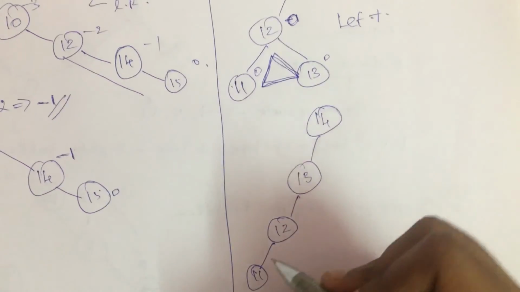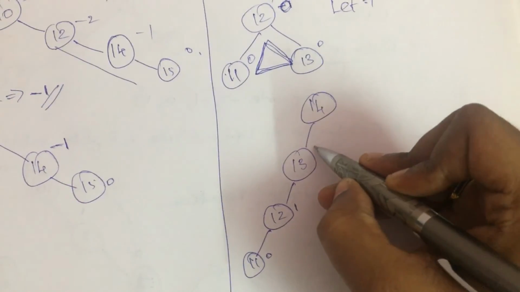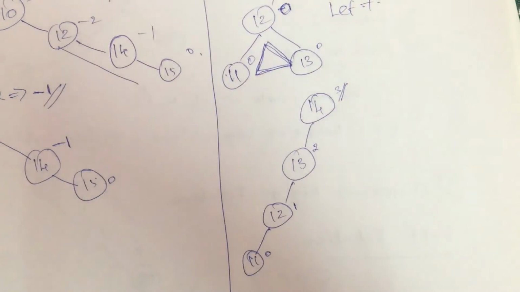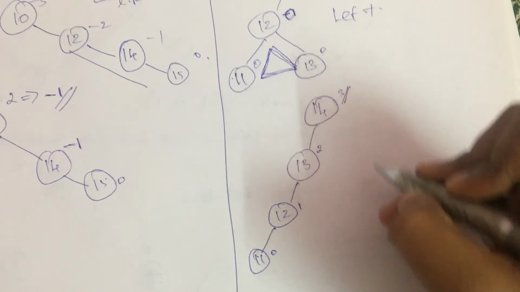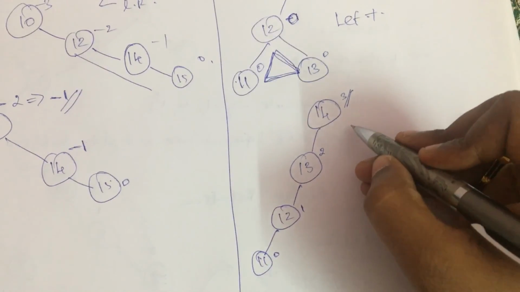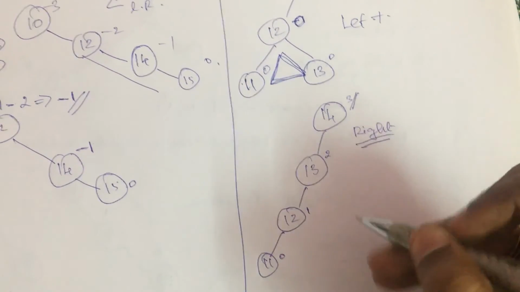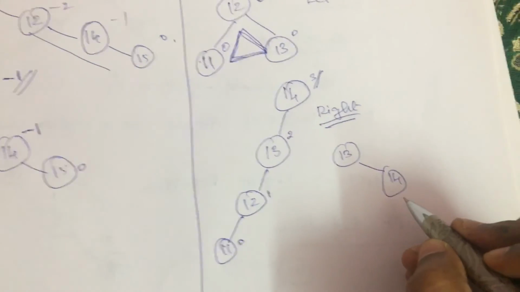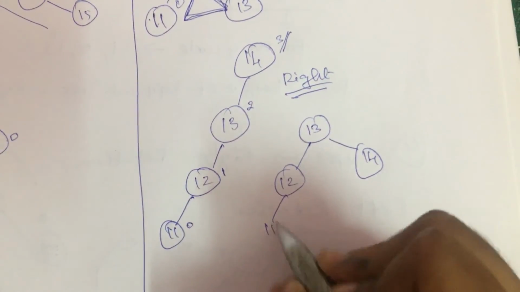Now if I try to find the balance factor, this is going to be 0, then 1, 2, 3. So this cannot be tolerated again, so we have to go with the right rotation. If I do the right rotation, this 14 becomes the right of 13. So after doing a right rotation, the tree looks something like 13, and 13's right will have 14, and 13's left will have 12 as well as 11.